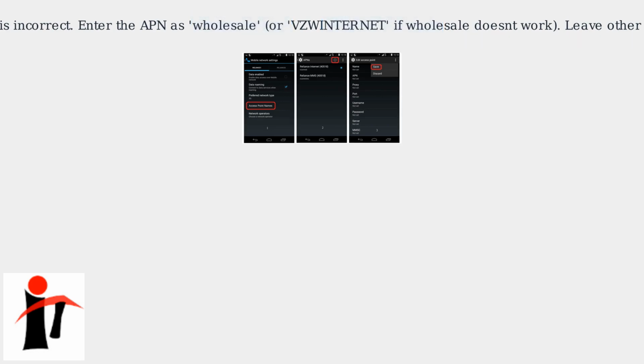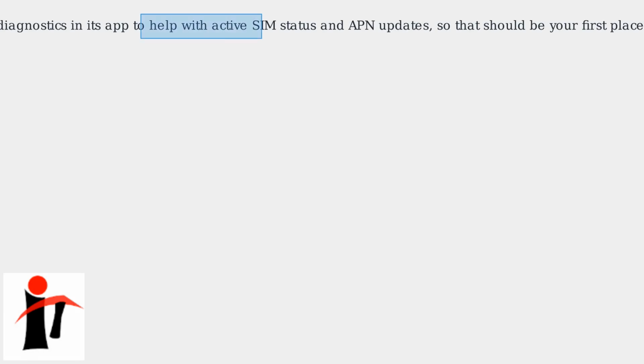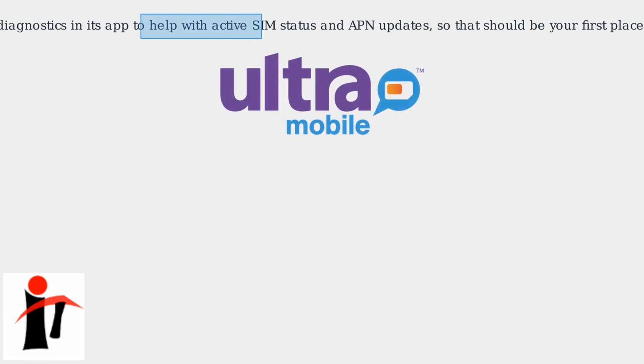Enter the APN as Wholesale, or VZ Winternet if Wholesale doesn't work. Leave other fields blank or as default. Save the new APN and select it. Restart your device. In 2025, Ultra Mobile provides real-time network diagnostics in its app to help with active SIM status